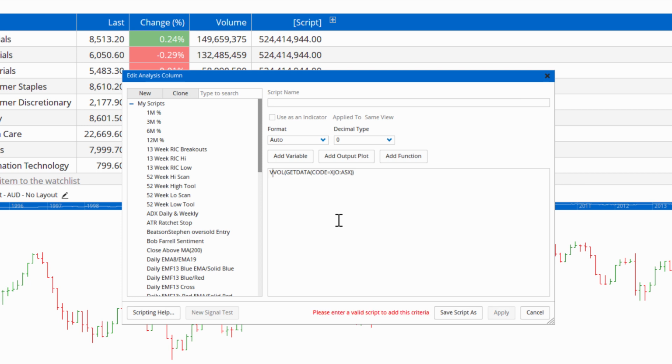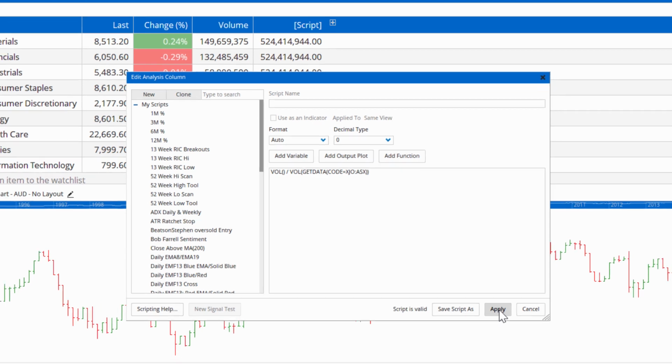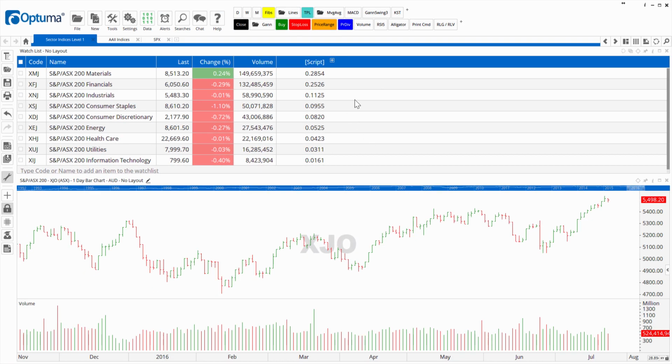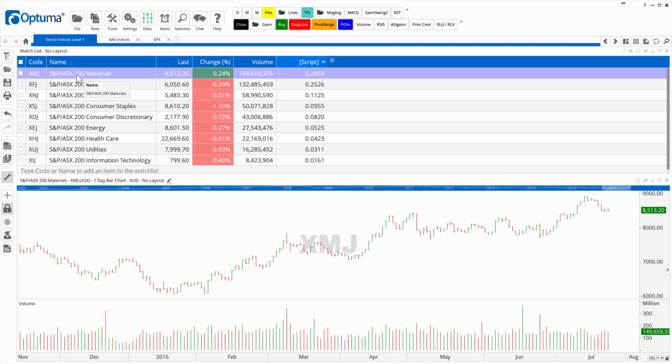So VOL, open close parentheses, divided by the volume for the index, and when I apply that, we then get a ratio for the volume. So basically, it's just the sector volume divided by the volume for the index, and we can now click and sort that column, or what we can do, let me change the chart underneath to materials, for example, and we